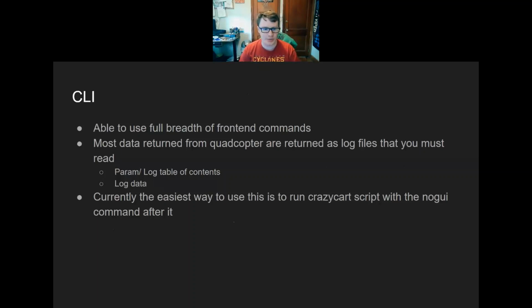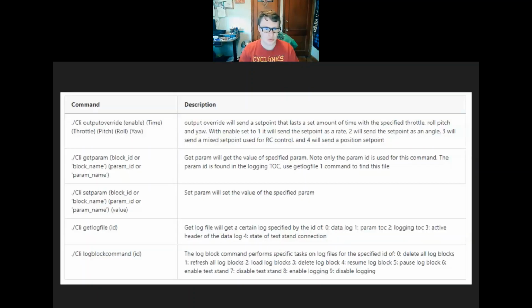And currently, I think the easiest way to actually be able to use the command line interface is just to run the crazy cart script with a no GUI command after it. It's documented in the wiki. Took a couple minutes to do, and it was really insightful as to how this stuff actually works. And so on the wiki as well, there is this table that goes over how to use some of the different commands. You can also use the help function in order to see what other options there are for this stuff. It's pretty well documented. It's relatively easy to use. So yeah,